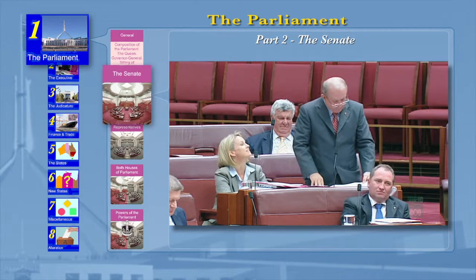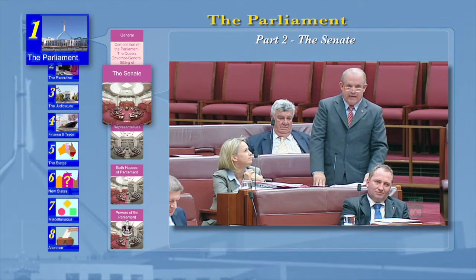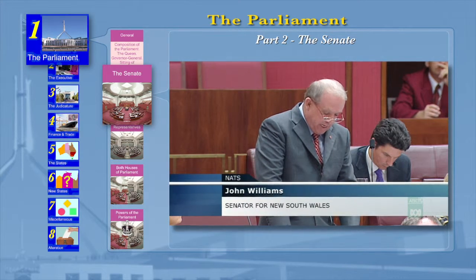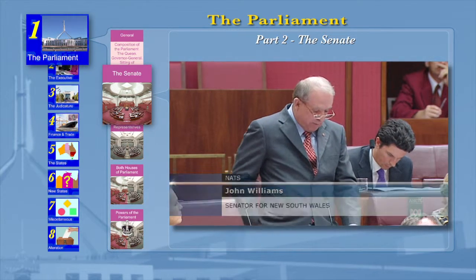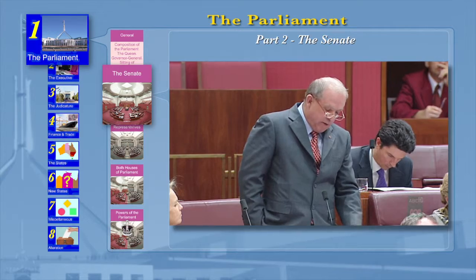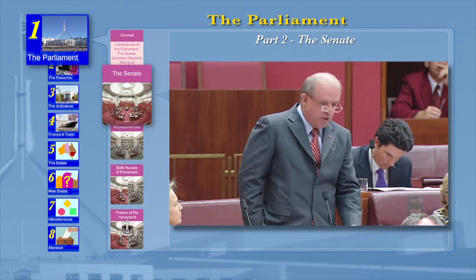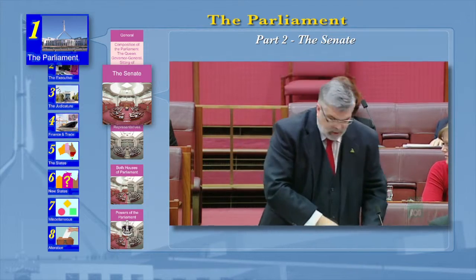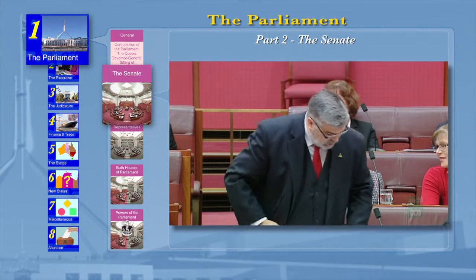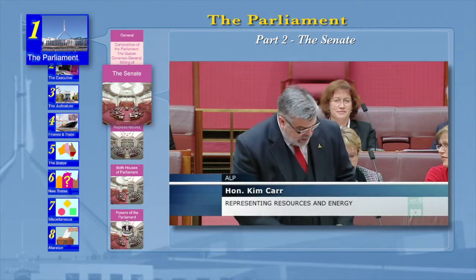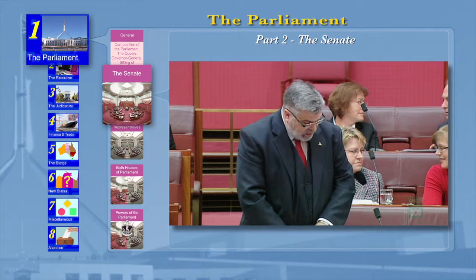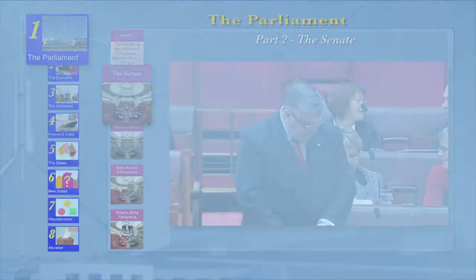Thank you, Mr. President. Supplementary question. Considering that tax does go on quarries, has the government conducted any modelling on the impacts in its great big new tax that it will have on the building costs and in particular on the costs of housing? I've indicated already on numerous occasions in this chamber, and I'm only too happy to help Senator Williams yet again, the government has commissioned KPMG Econtech to undertake independent modelling of the tax reform.